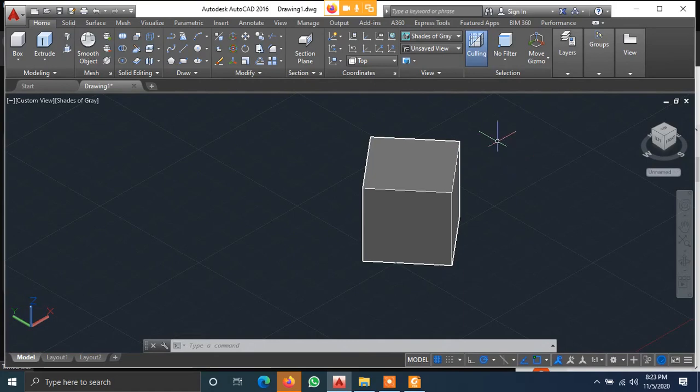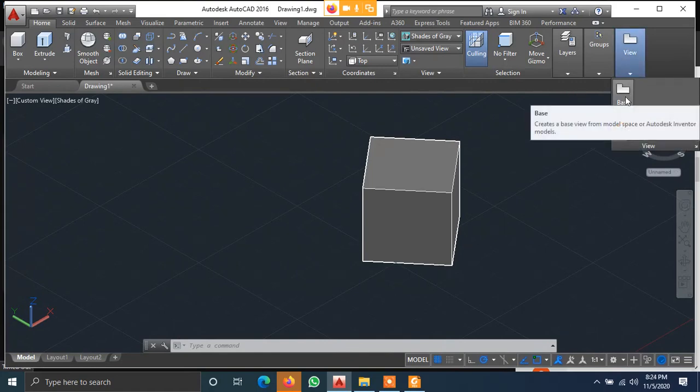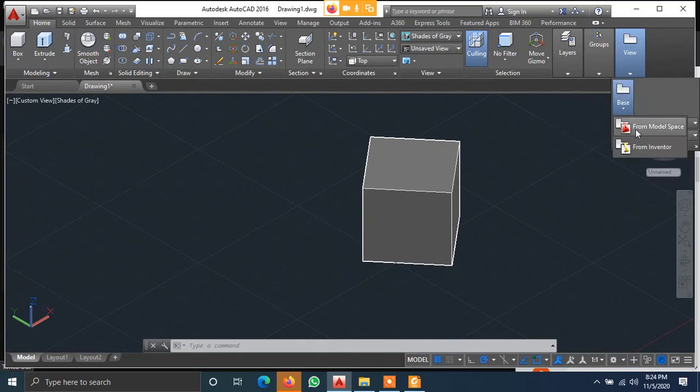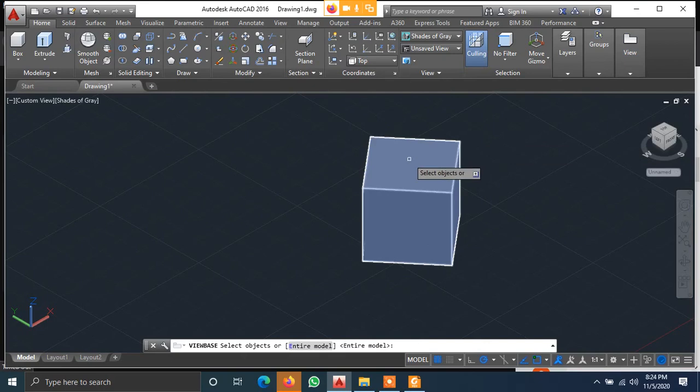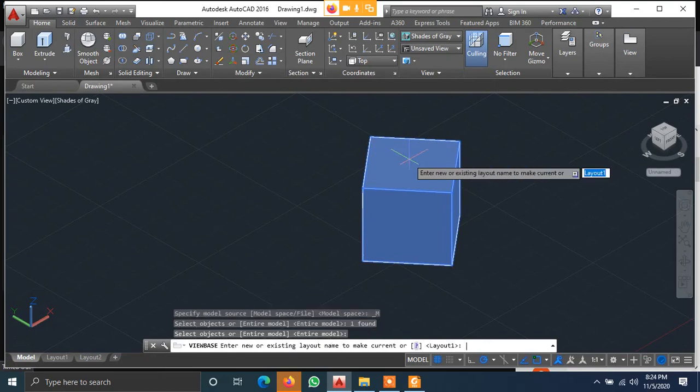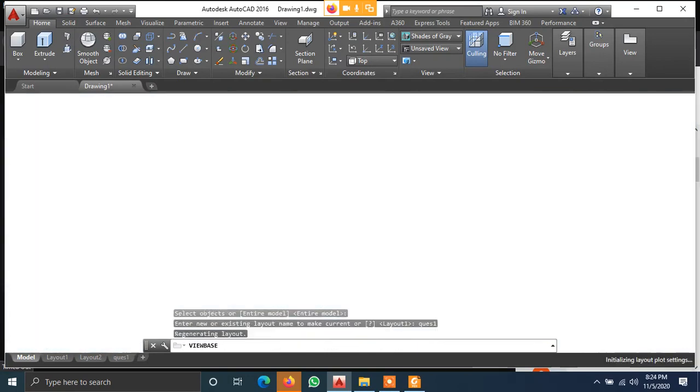For switching the layout, click on view, base, click on model from space, select this particular object, give an enter, type the layout name. For example, question number 1's layout, give an enter.